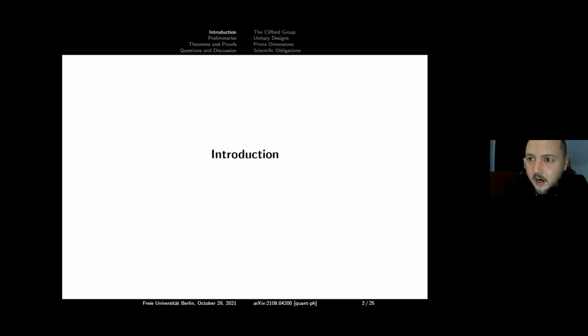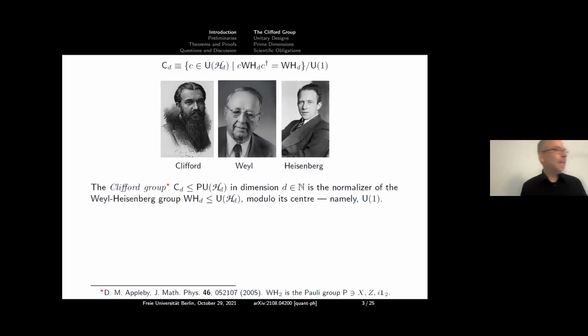I should say there will be three sections. In the first section of the talk, I plan to give just a broad overview of the subject. In the second part, I'm going to collect some prerequisites from elementary representation theory of compact groups. And in the third part, I will present our theorems and proofs, and we'll do some other smaller proofs as we go along the way. As I said, this is a theorem and proof style of talk, so please do feel free to interrupt at any stage. So we're all on the same page.